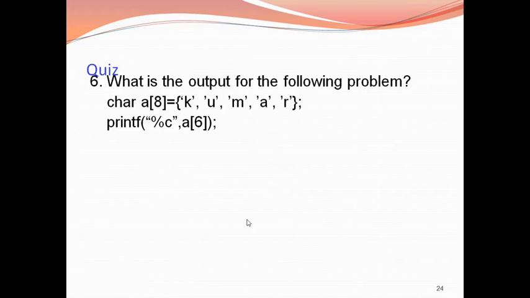Next question. What is the output for the following program? The code is a character array a of size 8. The array values are initialized as KUMAR within the curly braces, printf %c of a[6].